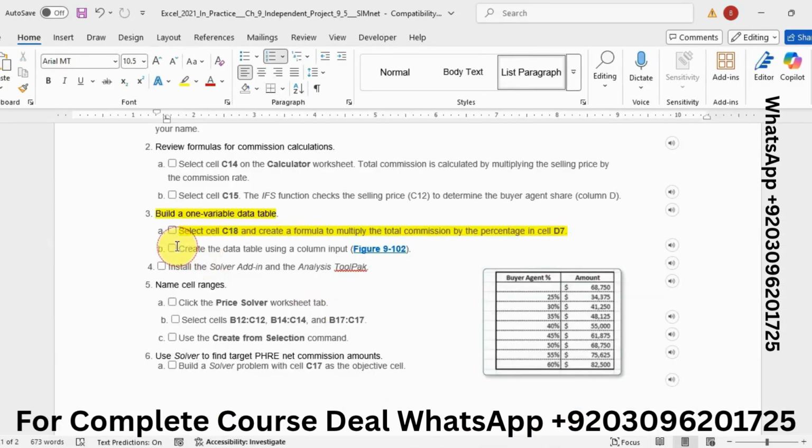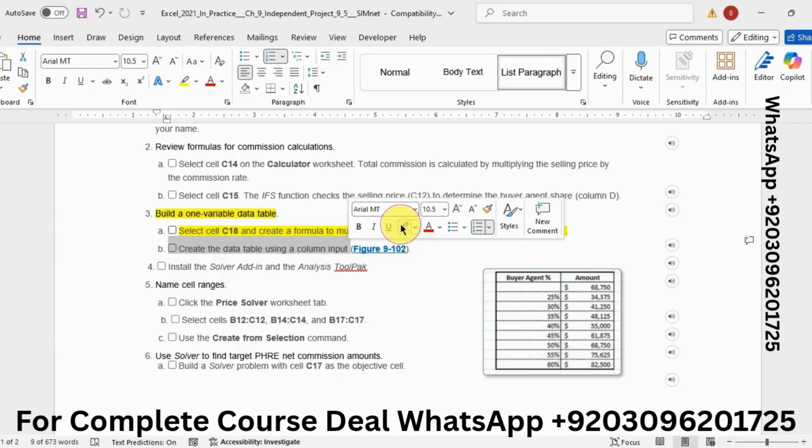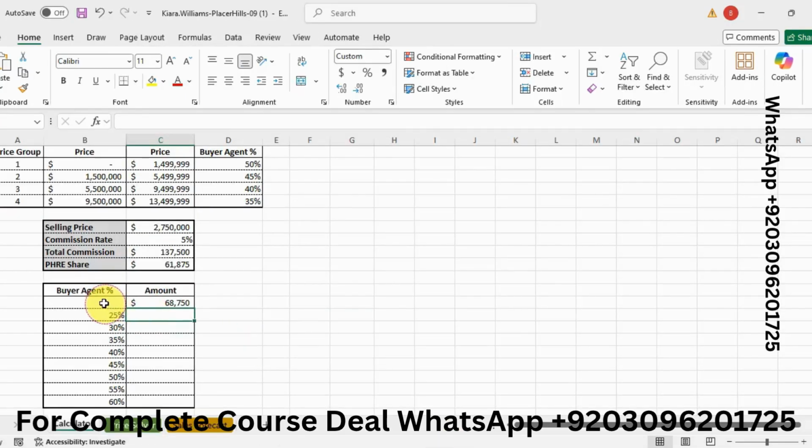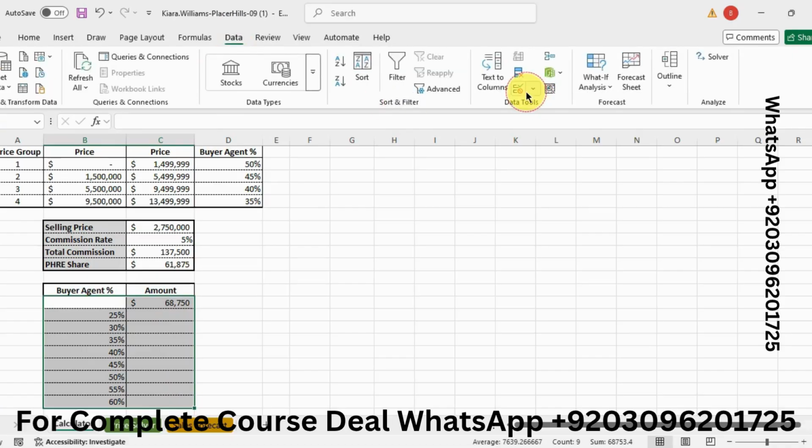Now part B is create a data table using a column input. So select the table, go to the Data tab, click here.